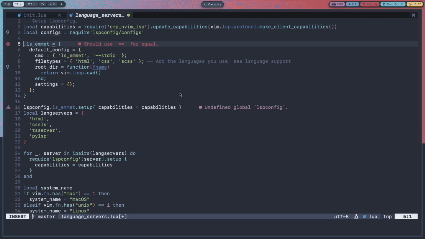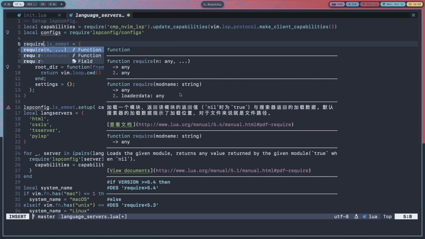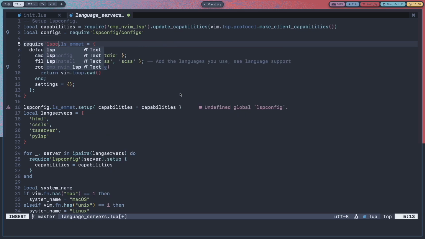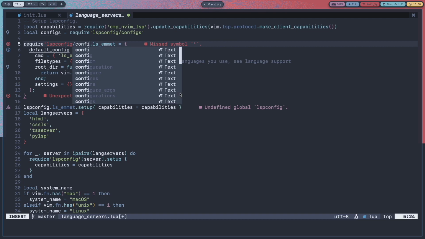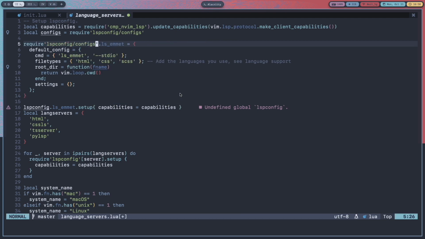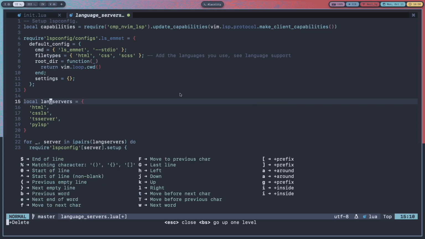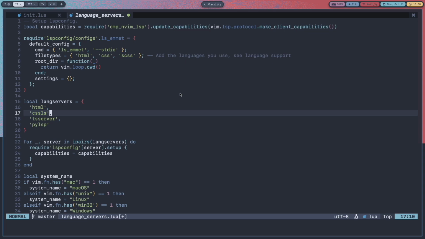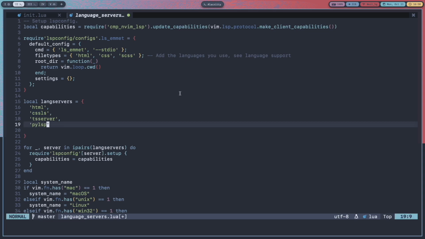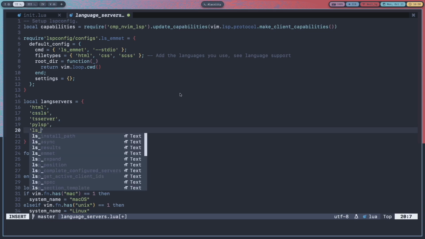And let's do require lspconfig/configs.ls_emmet equals, and then remove this also and rename this fname to underscore, and then lspconfig.ls_emmet.setup, we can delete that, and then here let's add a comma and ls_emmet.